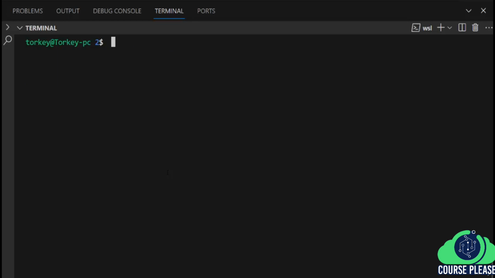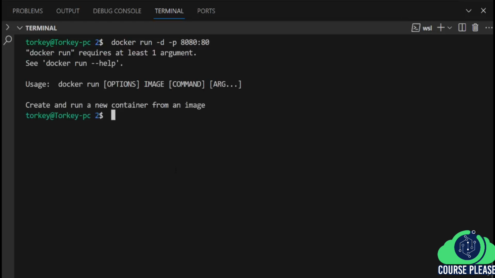Finally, let's talk about port mapping, essential for making containerized applications accessible. So let's run a container with a web server mapping host port 8080 to container port 80. To do so, let's type docker run -d, then -p for the port forwarding, then 8080, and we will forward that to port 80. Now press enter, and of course I got an error message because I didn't provide the